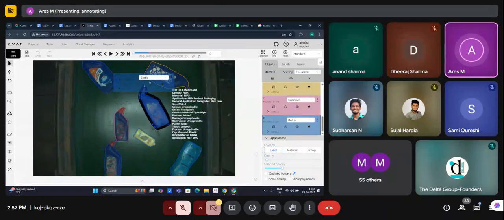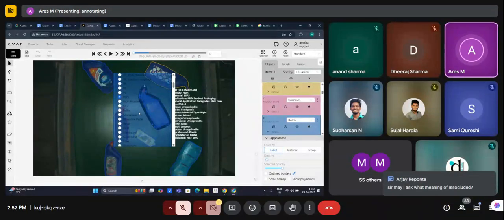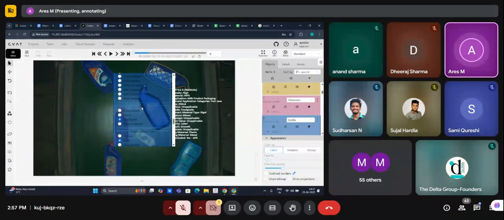इसके ऊपर राइट क्लिक करोगे तो ये बॉक्स खुल जाएगा। यहाँ पर से तुम्हें जनरल ऑब्जेक्ट कैटेगरी को सिलेक्ट करना है, उसके बाद ड्रॉप डाउन करोगे तो बाकी एट्रीब्यूट्स खुल जाएंगे। जैसे मैंने बोला, मटेरियल पहले चेक करना है, उसके बाद जनरल एप्लीकेशन देना है। साइज को तुम स्किप करोगे, साइज नहीं देखना है। उसके बाद कलर देना है, कलर कैसा दिख रहा है। अगर फूड वाला प्रोडक्ट है तो फूड ग्रेड में, अगर कोई केमिकल्स है जैसे कि हार्पिक, तो ये नॉन फूड ग्रेड में जाएगा। नेक्स्ट है रिजिड फ्लेक्सिबल, जो फ्लेक्सिबल चीजें होते हैं लाइक कैरी बैग्स, प्लास्टिक बैग्स, प्लास्टिक रैप, प्लास्टिक पैकेजेस लाइक चिप्स पैकेजेस, बिस्किट पैकेजेस, ये सब फ्लेक्सिबल में जाएगा। जो हार्ड प्रोडक्ट है लाइक दिस बॉटल्स,